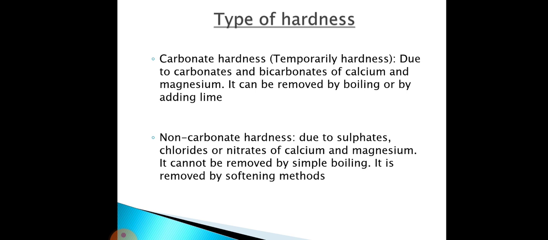Carbonate hardness is due to the presence of carbonates and bicarbonates of calcium and magnesium, and this is temporary because it can be easily removed just by boiling or by adding lime, whereas non-carbonate hardness, that is permanent hardness, is due to the presence of sulfates and chlorates of calcium and magnesium, and it cannot be easily removed just by simple boiling, and hence we use other methods, like softening methods, in order to remove